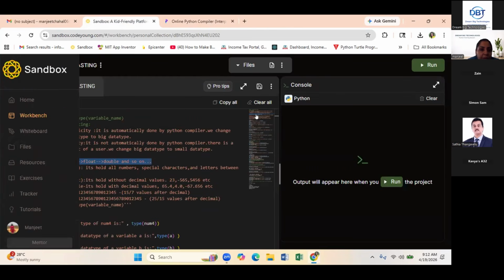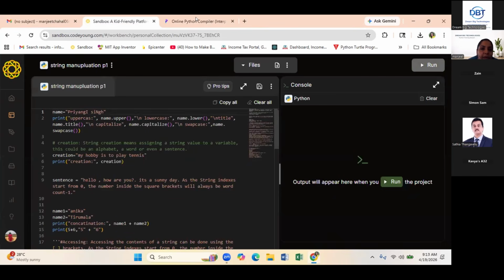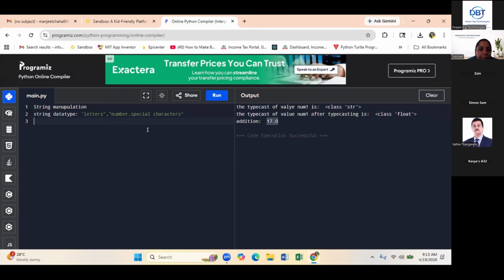So now various types of character operations we will do in today's class, and we'll see the problems. Let me see the string manipulation values. First we will go through all these values. I am going to do uppercase, lowercase, everything, and print all the things. Look at the name I have taken here: Priyanka Singh. You take your own name, with a few characters uppercase and a few lowercase.